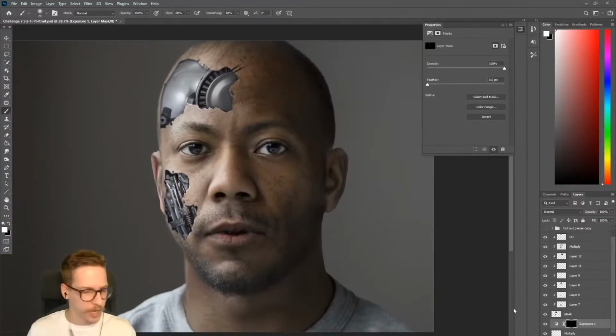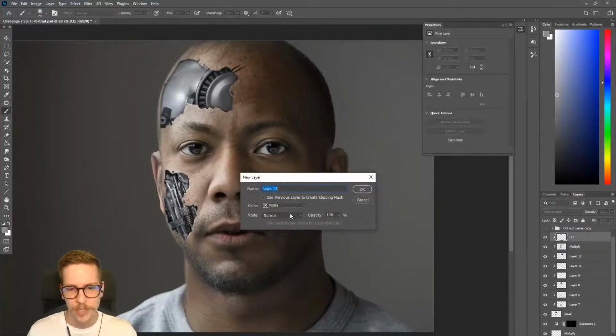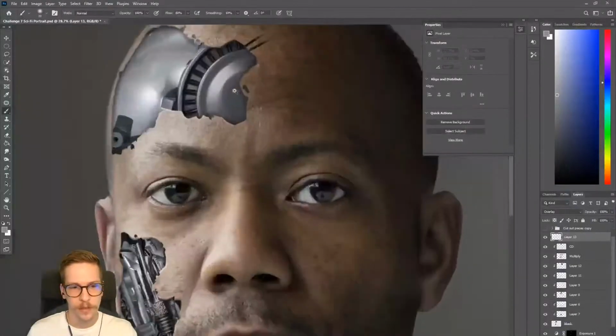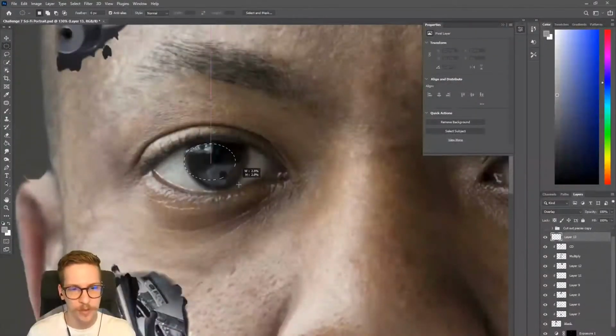All right, we got a couple minutes. Let's do this real quick. I think it's not really a robot without a red eye. So let's try something like an overlay layer. And maybe I will make one of his eyes robotic. I think this one could be cool. I'm just gonna use the,